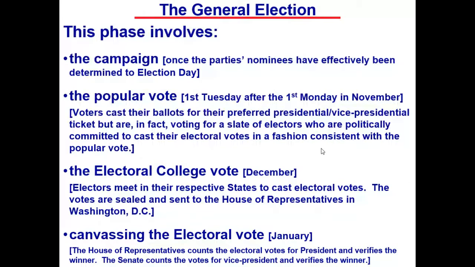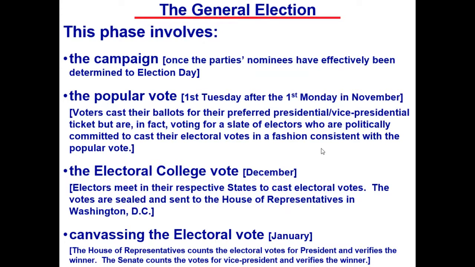I broke your train of thought. Delegates and electors are separate. The delegates choose the party's nominees. They're delegates to a national nominating convention. We use that term delegates in that context. When we're talking about the general election, we want to use the term electors. Okay. So if the electors are determined by the popular vote, how is it that the